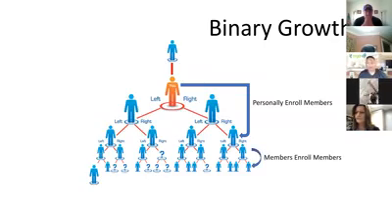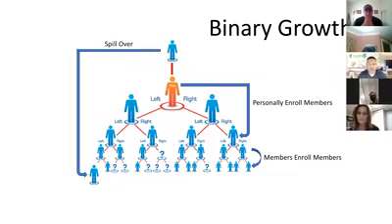The next way is through members enrolling members. So if you have members in your organization and they're out there personally enrolling, so it's members enrolling members. And then the third way is what we call spillover. That's basically when somebody above you, whether it's your sponsor or anybody above them, their sponsors and their sponsors above, enrolls somebody, and that person has to go at the bottom left or bottom right, and it may fall in your organization. We call that spillover. So there's three ways for you to have members into your binary organization.